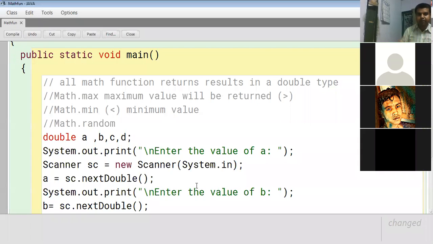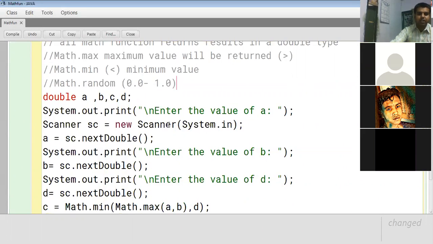You do not need to give any input. But if you try to show the output, you get any random number ranging from 0.0 to 1.0. See this very carefully because it might be confusing. If you print any result using Math.random, obviously the return type will be double. Any random number which lies between 0.0 and 1.0 will be generated.